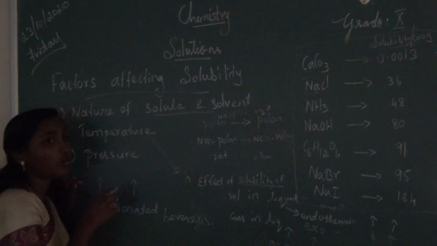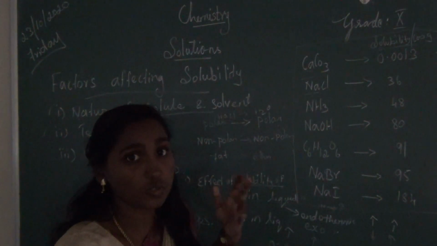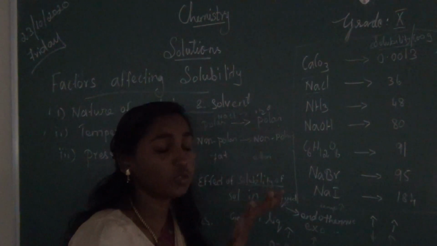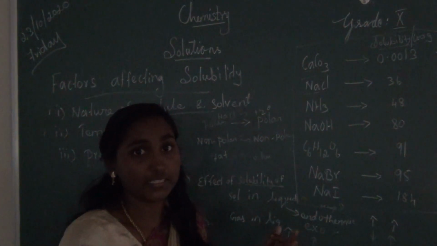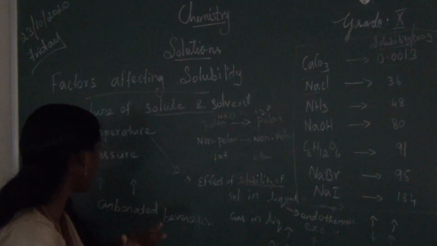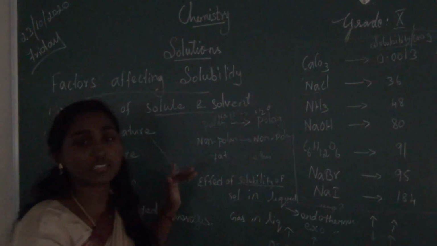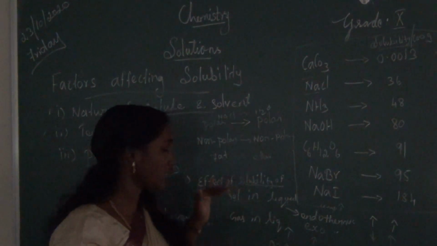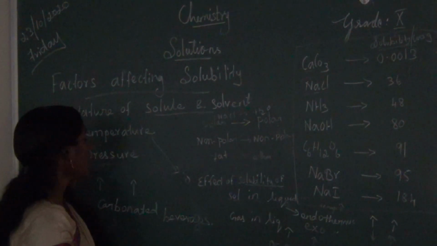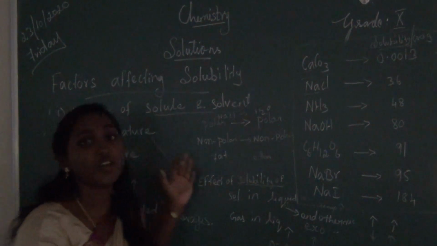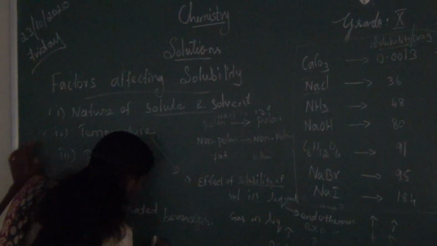Soft drinks. Then household cleaners, containing some liquids we use to clean the house, no? Those liquids also contain some chemicals, mostly formalin, aqueous solution of formaldehyde. For this also, this term only is used. That means when temperature increases, pressure also increases. Have you understood? So the effect of pressure, example, carbonated beverages. This effect of pressure is given by Henry's law. This is also an important 2 mark question.